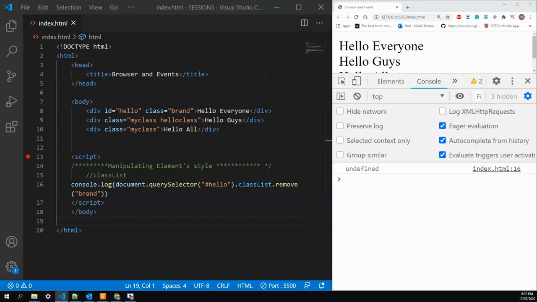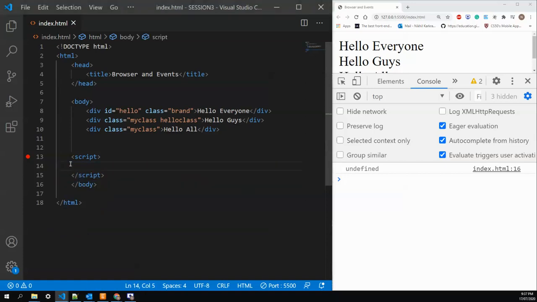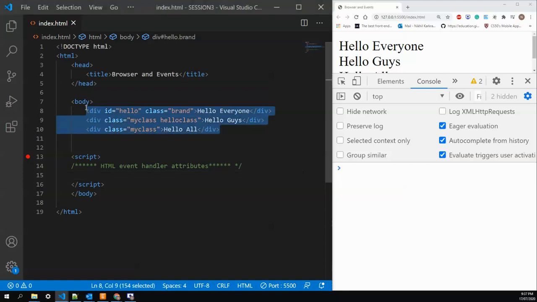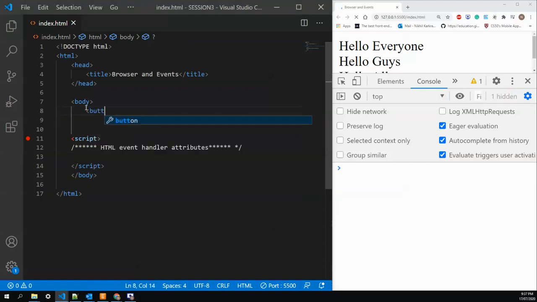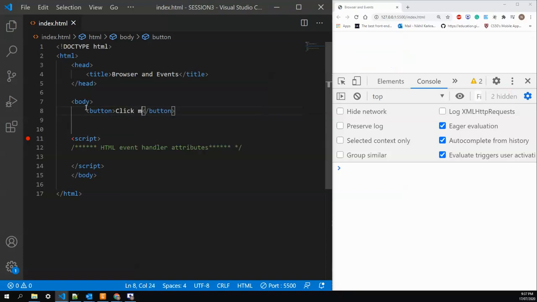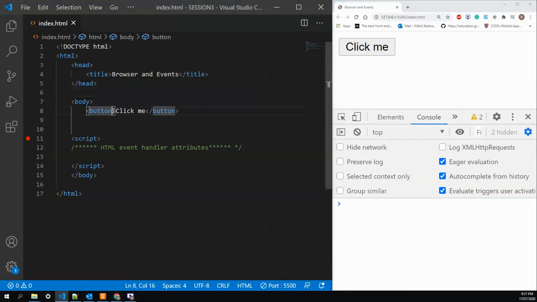So now we'll see HTML event handler attributes. So I'll remove this everything. Our script tag is empty, a fresh one. And now I'll create a button. I'll remove this all HTML tags as well. Click me. This is a button. Now button is ready in our browser. Now I want an action on this button, or I want a click action on the button. So I would say